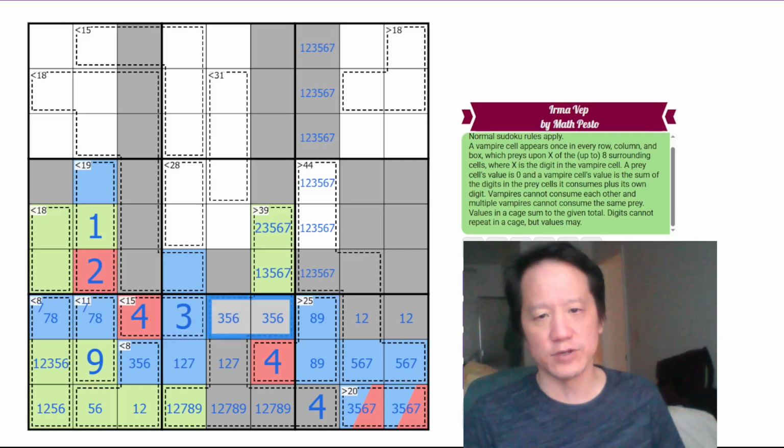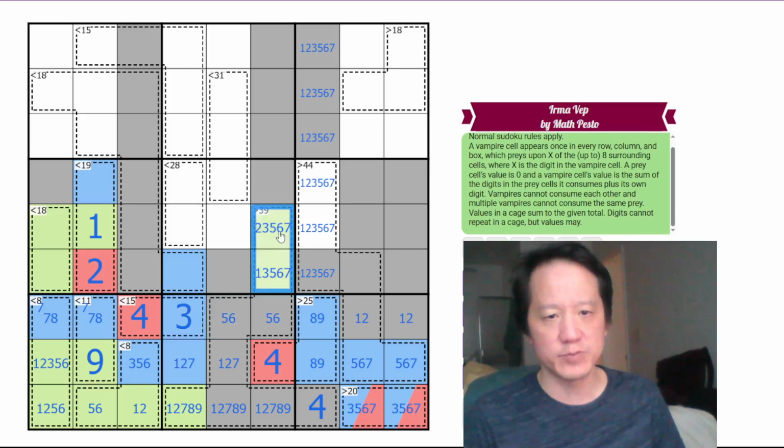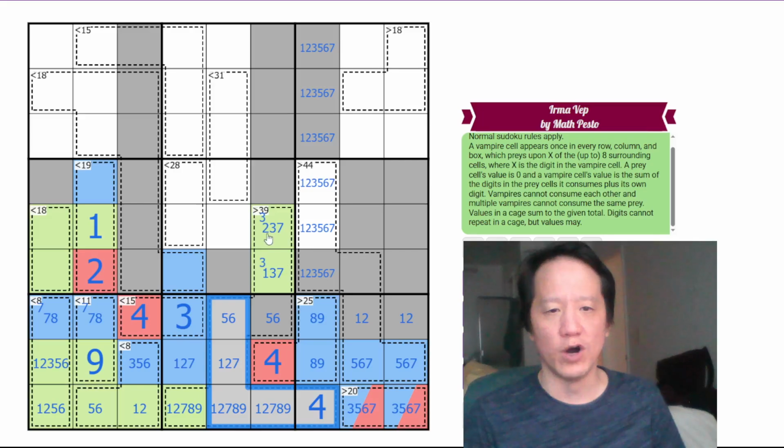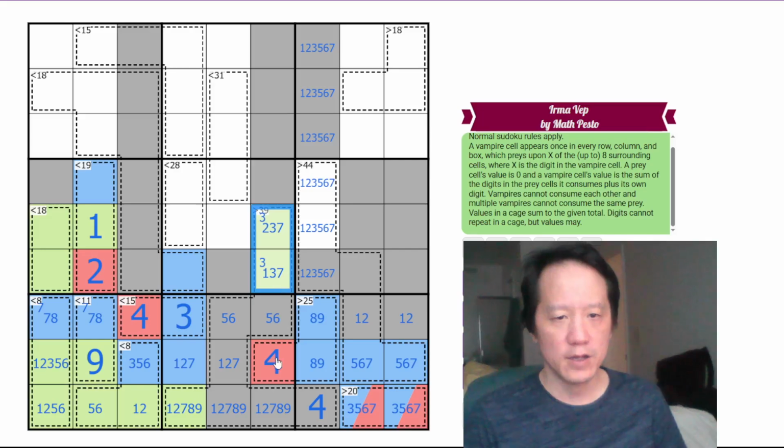This is a 3, which means this can't be 3. This is a 5, 6 pair, which means 3 has to be one of these digits here. Therefore, to prey upon something, you have to prey upon 4 and 1 to make sure you get 39. Because this 4 can't prey upon the 3. So this 4 has to prey upon the 4 here, and then one of these is 1. So these cannot be preyed upon because